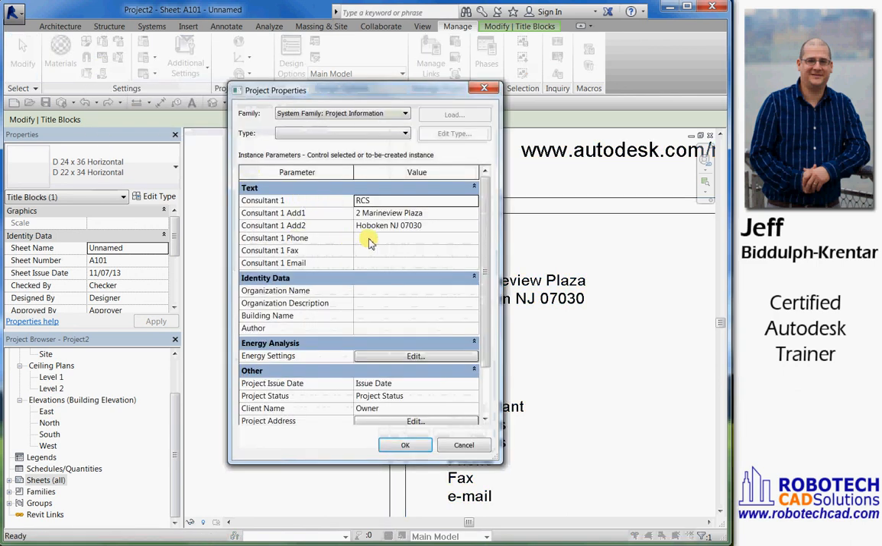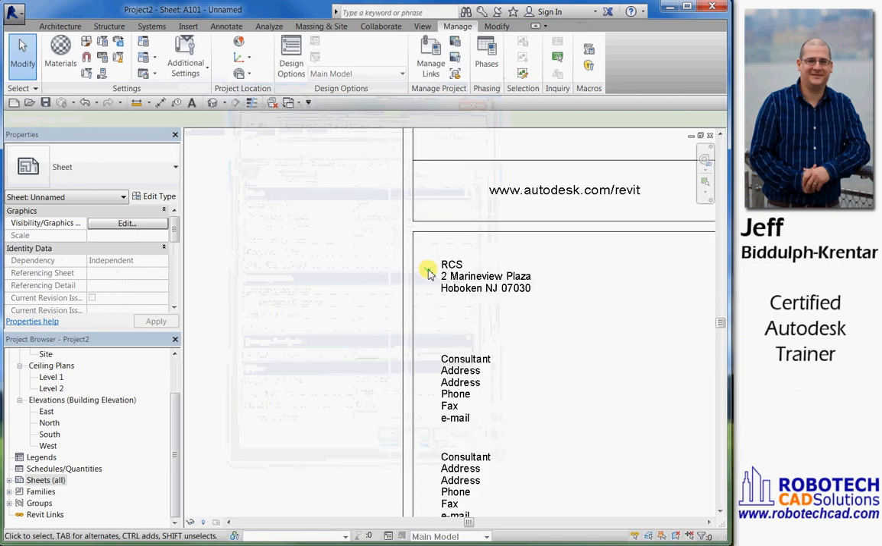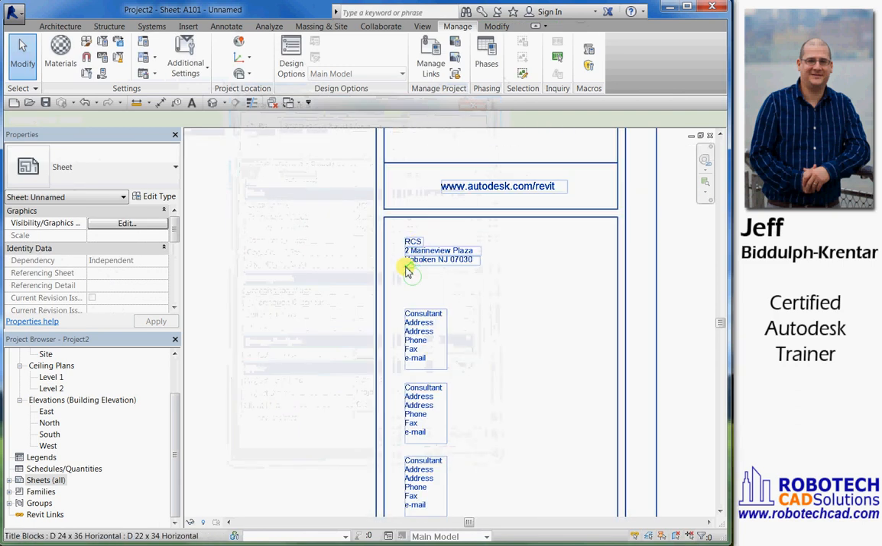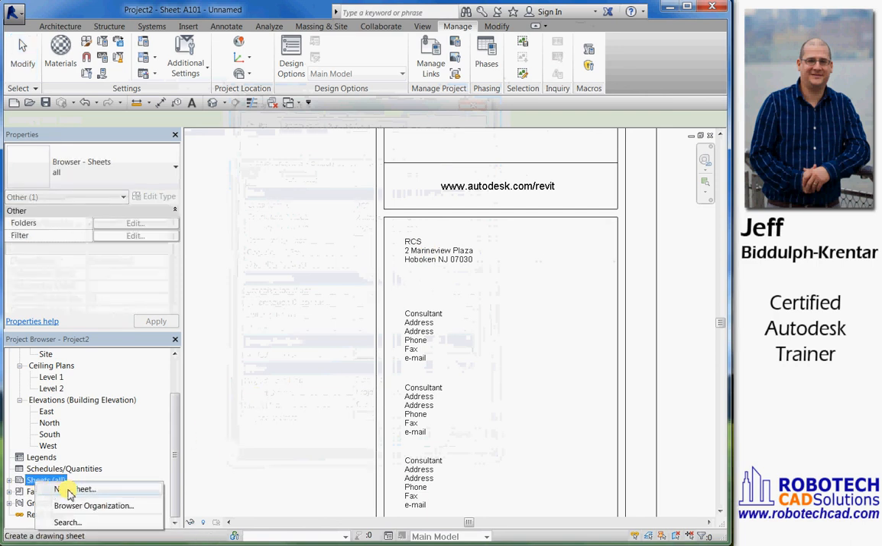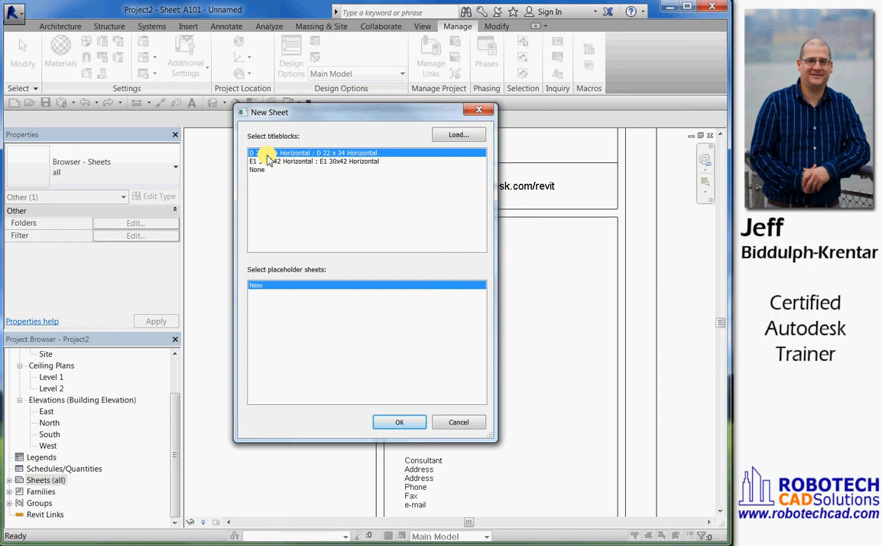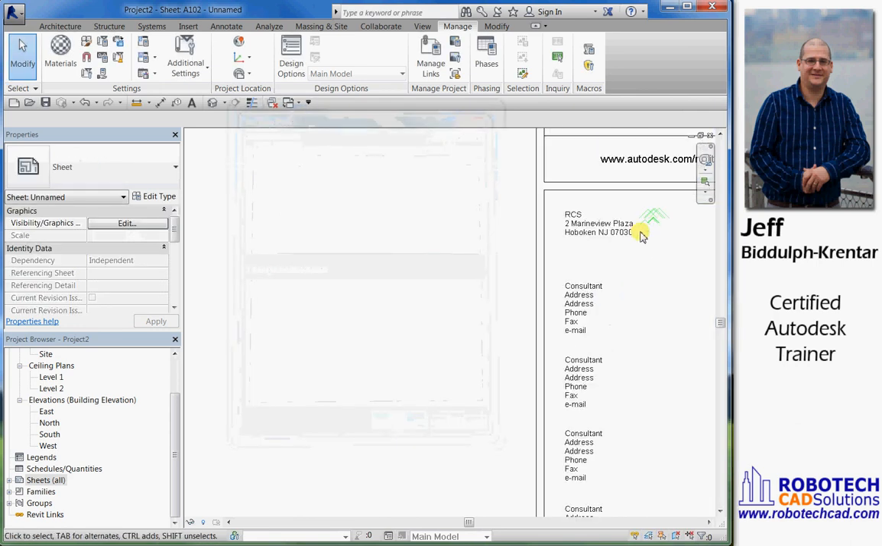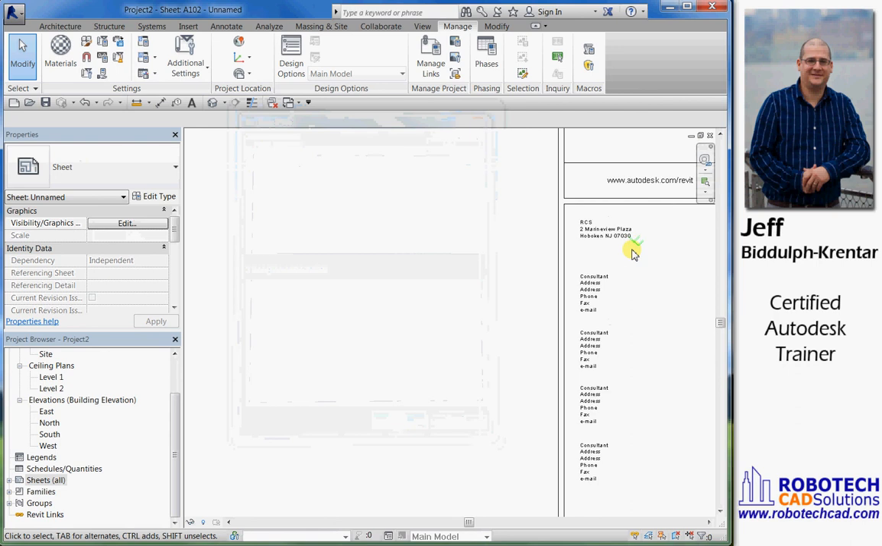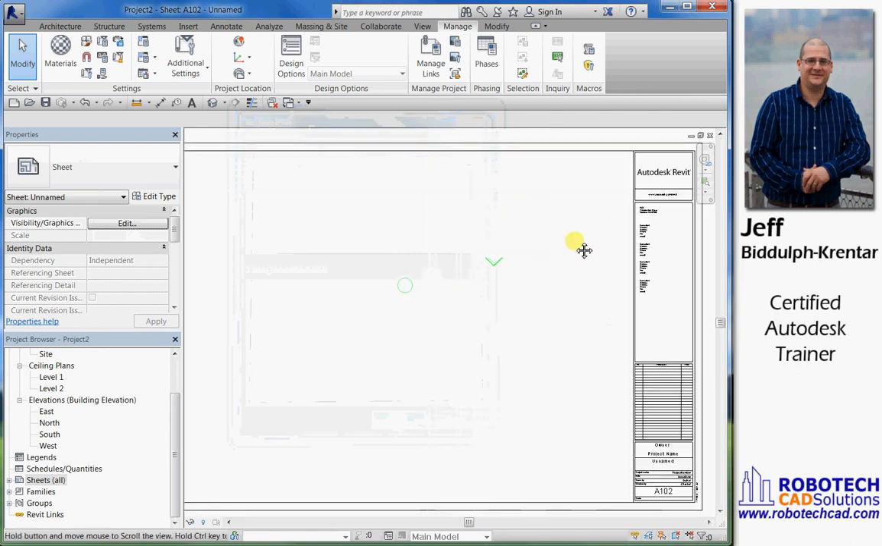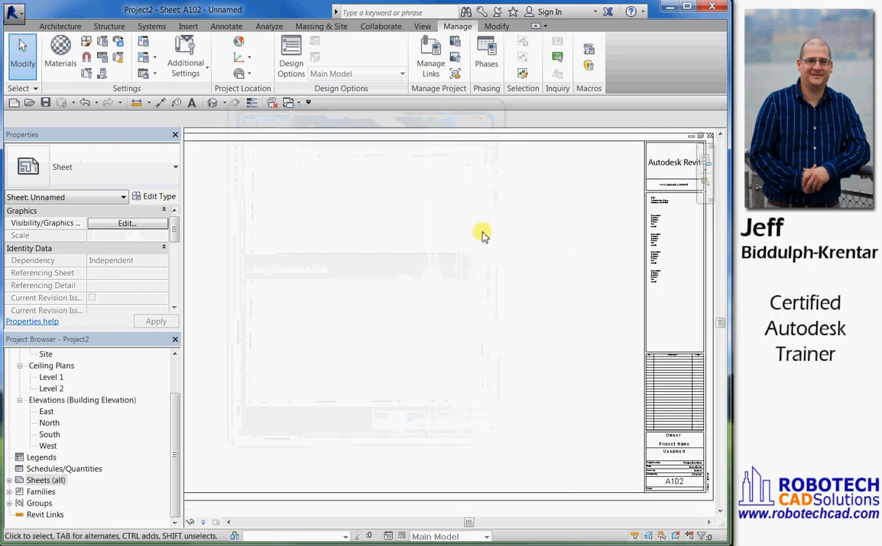we could fill it out here too. Since we made those labels project information instead of sheets, we should be able to create a new sheet using our new title block and have that information carry over to the rest of the sheets. And that's how you create custom labels in Revit